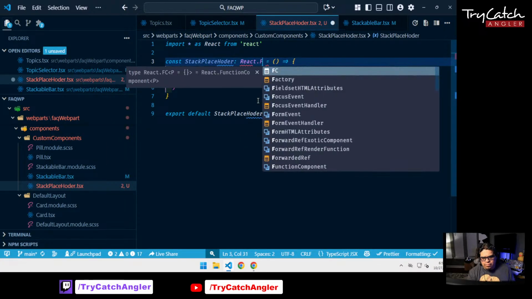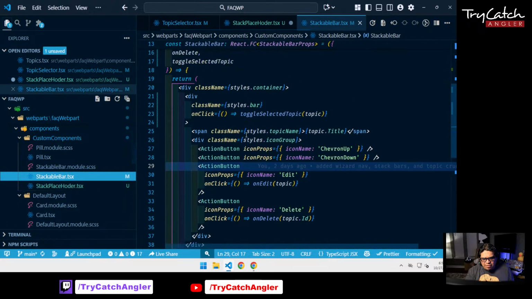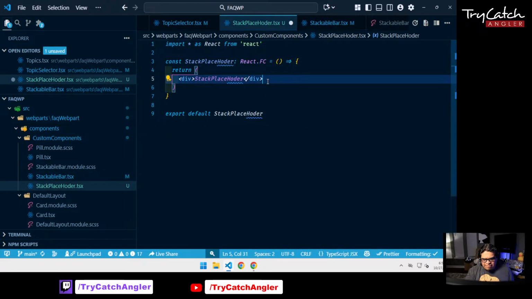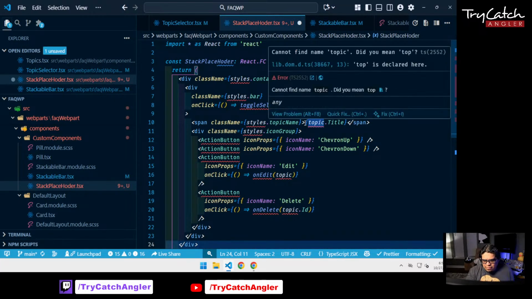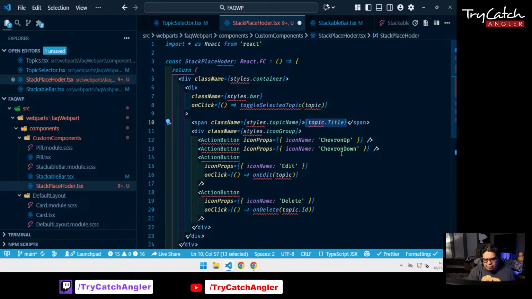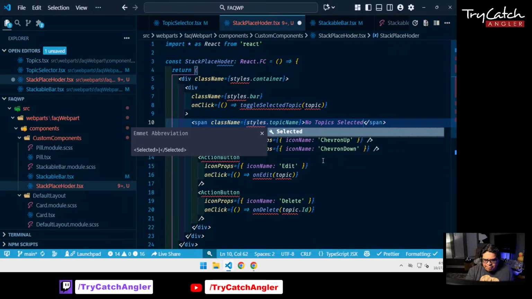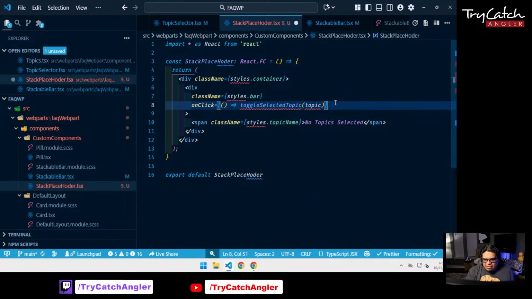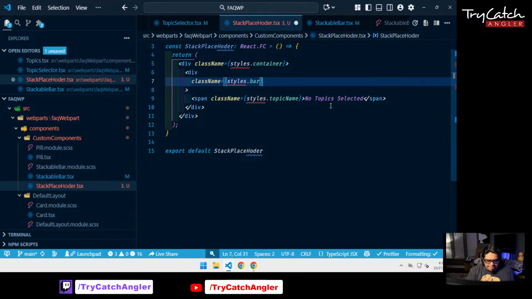All right. And so here we're gonna basically be building the stackable bar. So we can just return this. The difference is that it's just gonna have the bar, and in here it's just gonna say no topics selected. And we're not gonna use these action buttons. We're not even gonna have an icon group. And we're not gonna have a toggle either. And then we're just gonna get